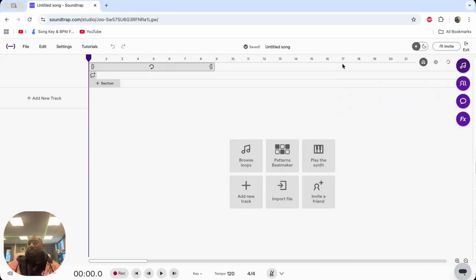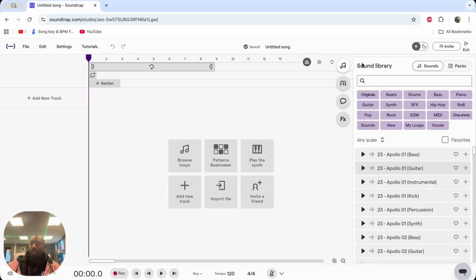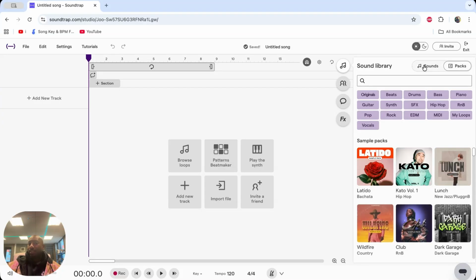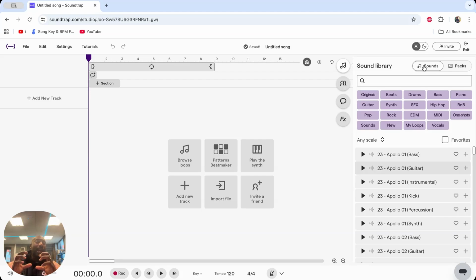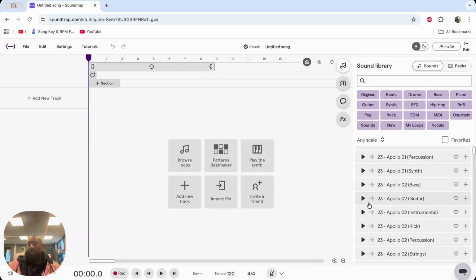If you have a look at this first icon, it looks like a music note. Then we've got one option here, which is sound, and then there's packs. You can imagine sounds are the individual ingredients that go to make a pack. So you can search the sound library by sound like bass, piano, beats, or you can choose by instrument like guitar, synth, or by effects, or even genre, so hip hop, R&B, pop, rock, and vocals at the end. So if you just pick something like this,